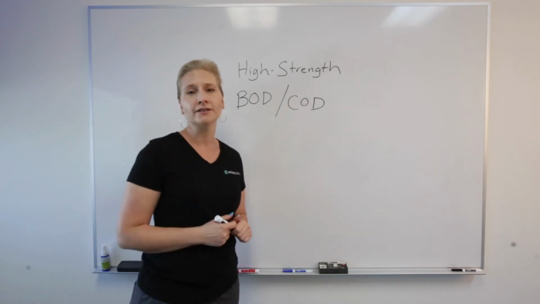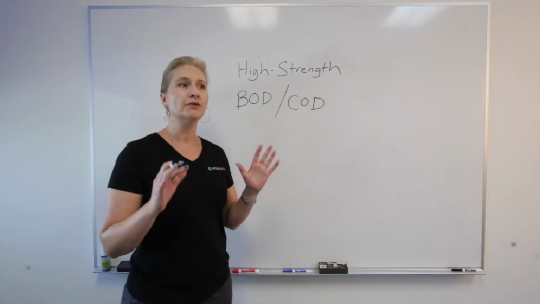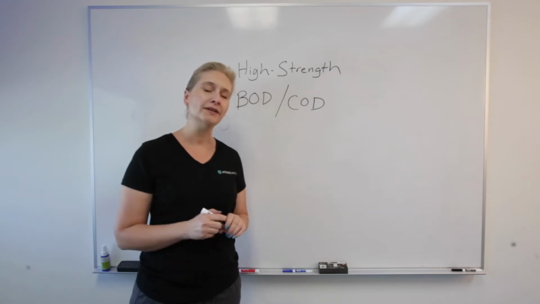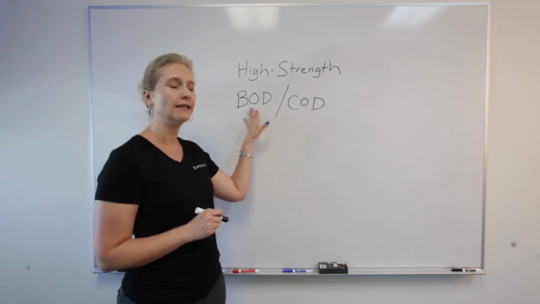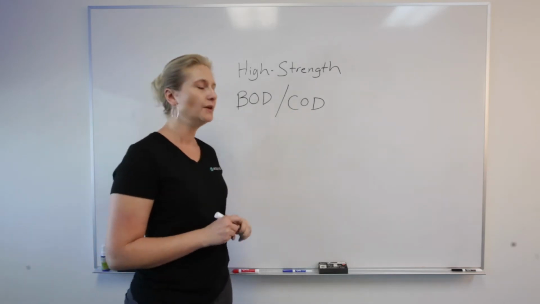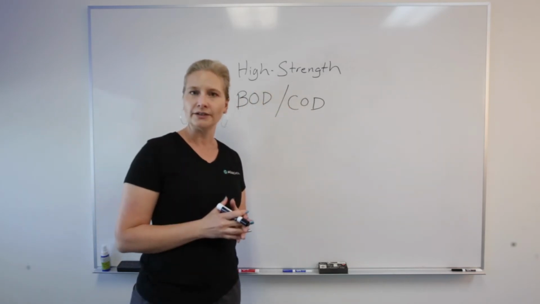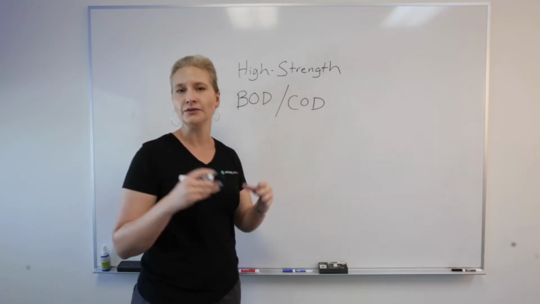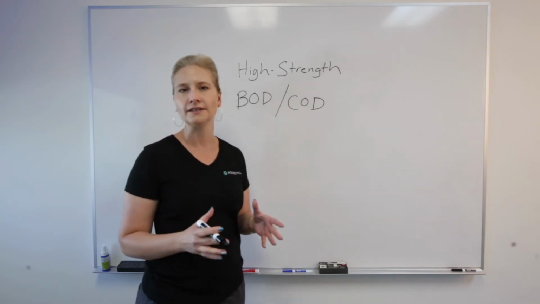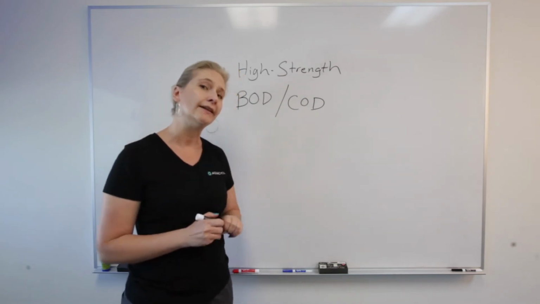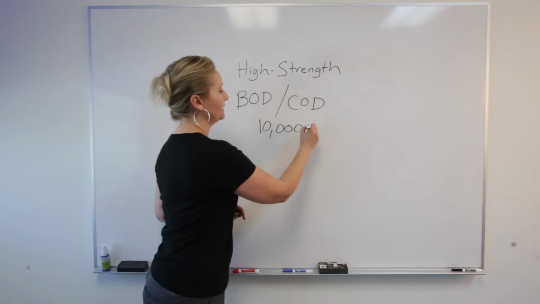And largely that's going to depend on where you're operating and what the city is going to allow you to discharge. And so how we're going to define high strength right now is with a number, right? Which is a concentration associated with biological oxygen demand and/or chemical oxygen demand. So high strength is going to be anything that would fit into an anaerobic digestion process or more, right? So it wouldn't be possible or it wouldn't be cost effective to use any sort of aerobic activated sludge or membrane bioreactor process. Usually that number in BOD, COD concentration is above 10,000 parts per million